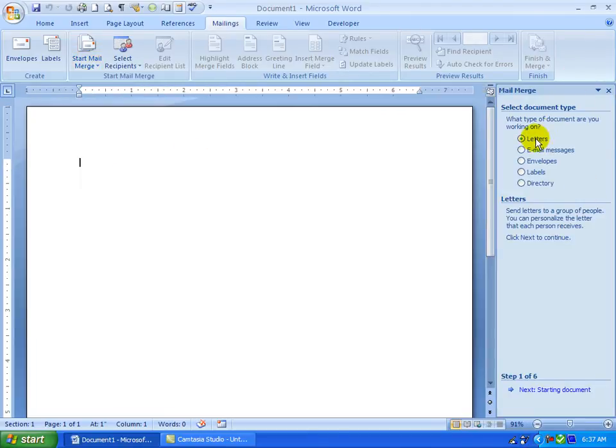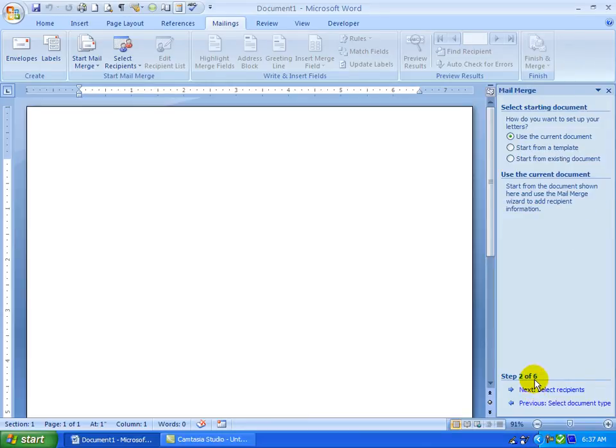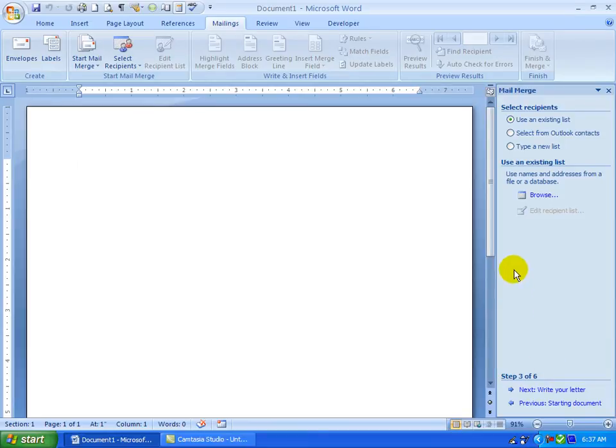Since I'm going to create a letter, it's just fine with the default here. I'm going to click Next. I'm going to use the current document. If I had a letterhead, I could have that letterhead open and have that as the active document instead of a blank document. Now I'm going to click Next to select recipients, and I'm going to type a new list